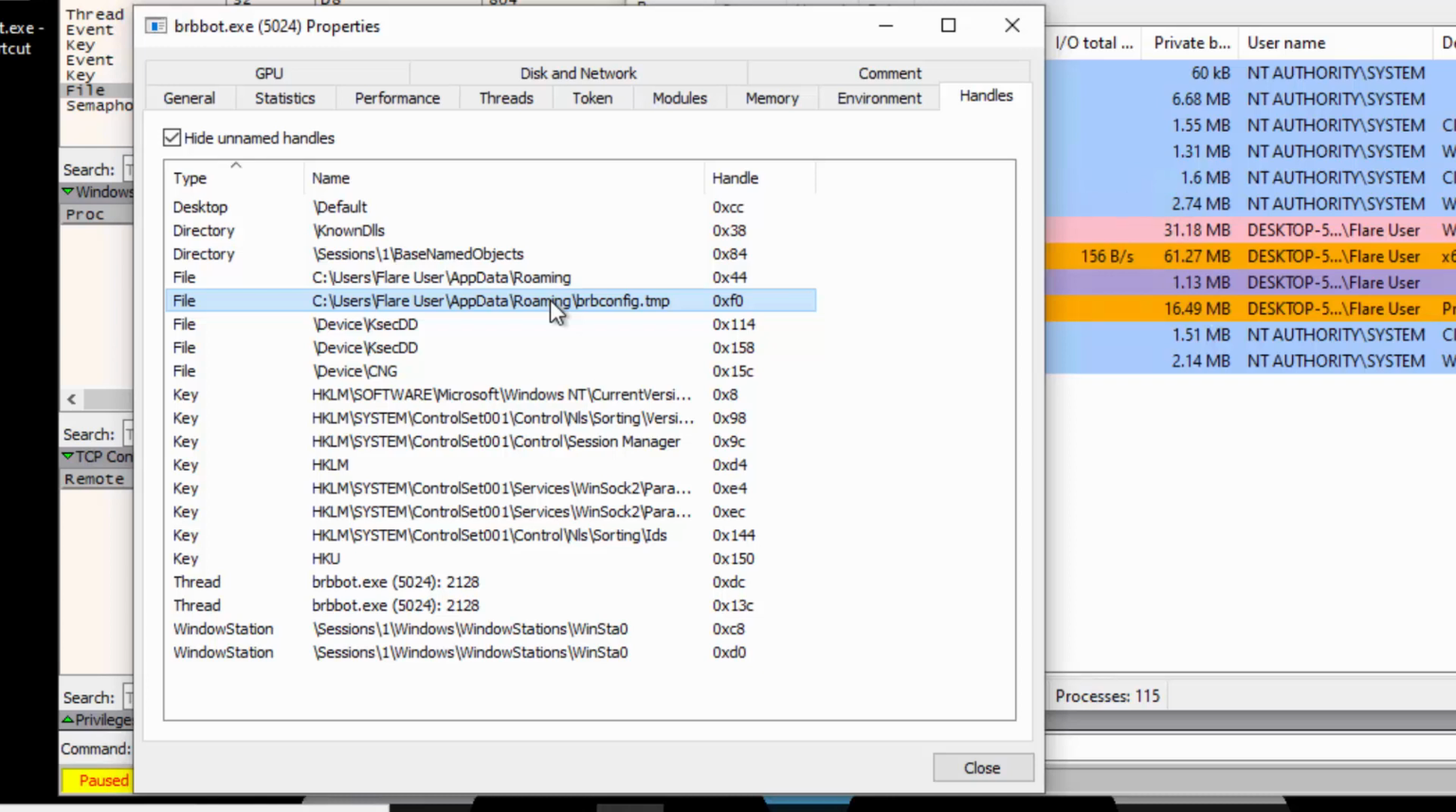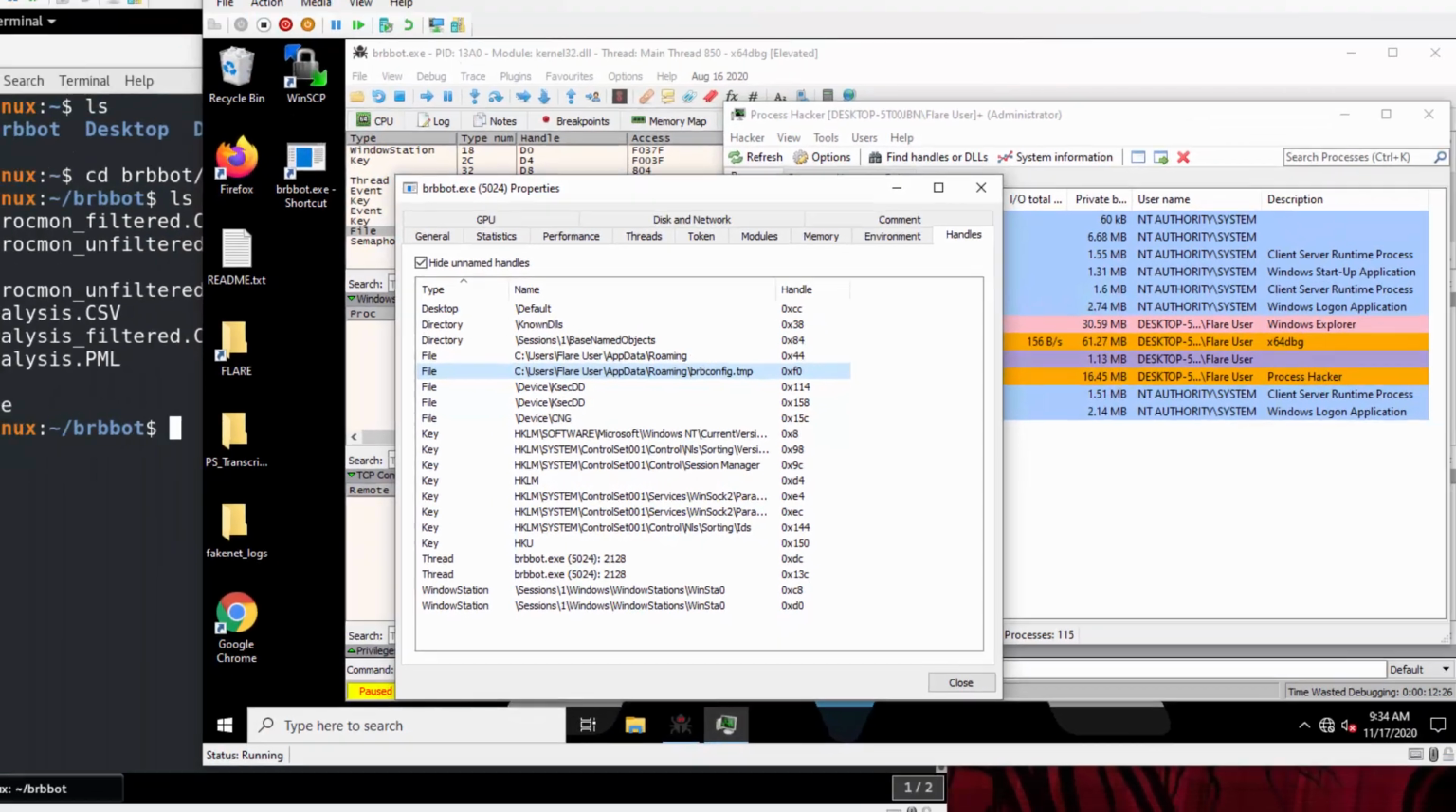We want to make sure that the information we are seeing makes sense. Any questions on that? Does that make sense? Okay, so